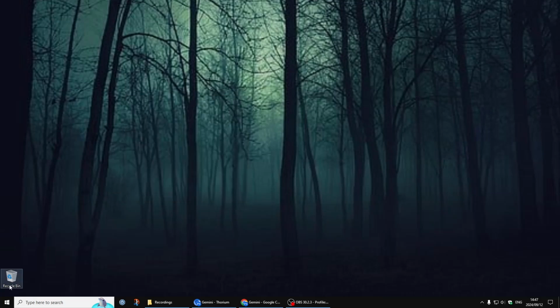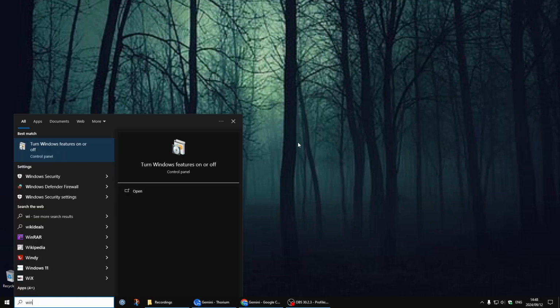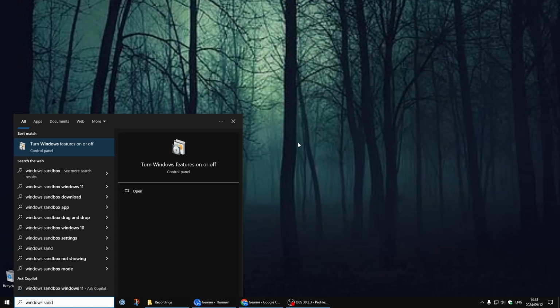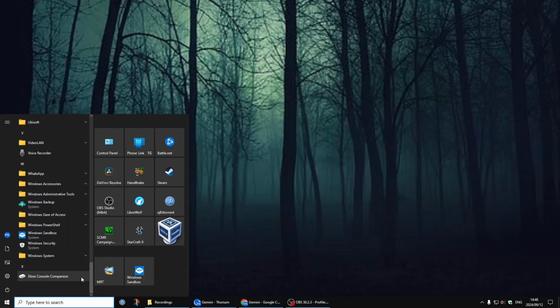And then if you want to run it, I actually searched for it here, Windows Sandbox, but it can't find it here. I don't know why. Just click on your start menu and then scroll to the bottom and you will see it there, Windows Sandbox. You can just click on it and this will actually start up the virtual Windows environment. So I just created a shortcut here on my start menu if I'm going to use it a lot, or you can just